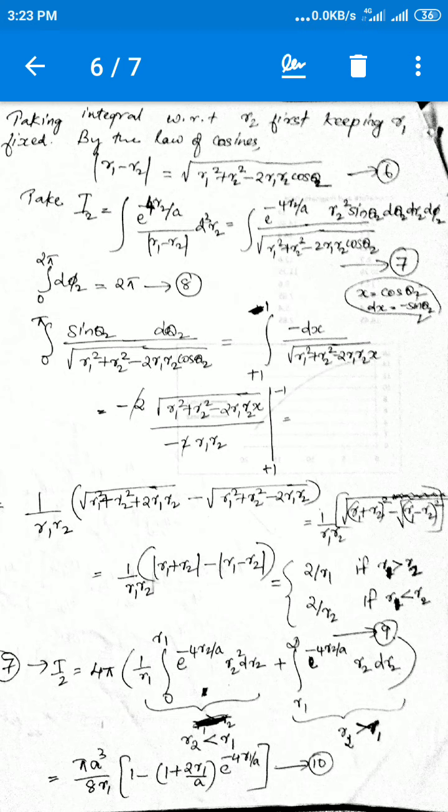Why is R2 square not coming? Because of the integration term, it is equation 9c: if R1 is less than R2, the integral 0 to pi theta 2 term is 2 by R2. So 2 by R2 into R2 square, R2 will get cancelled, only one R2 will remain. So that is why, instead of 1 by R1 in the first term, we have here 2 by